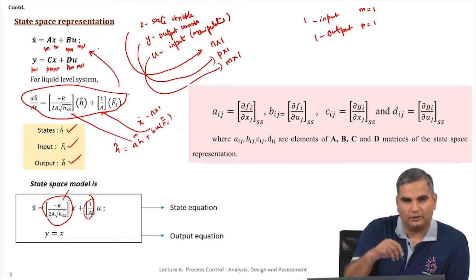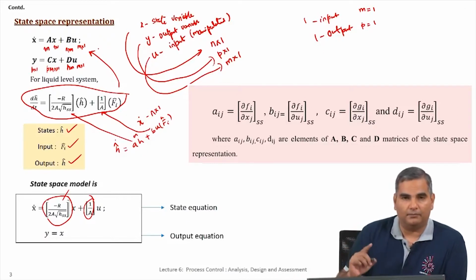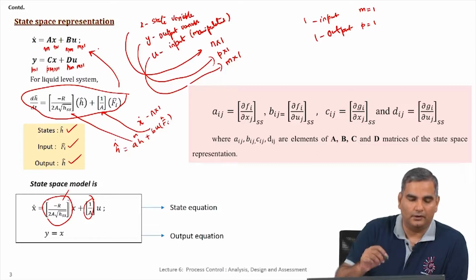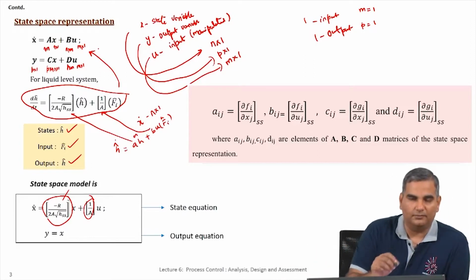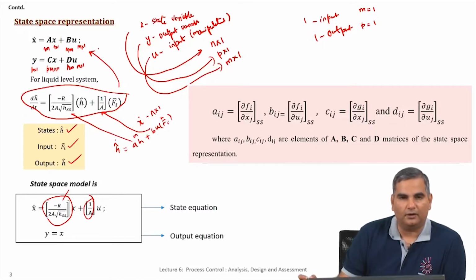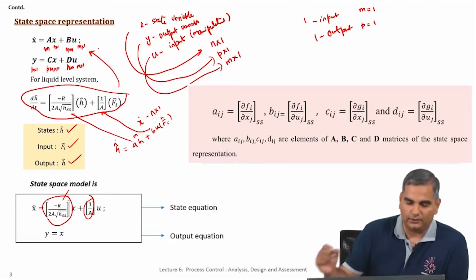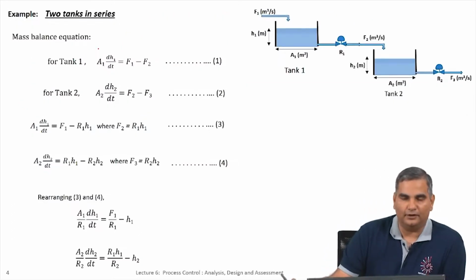So, we will get back to that aspect of how do I convert a general multivariable nonlinear model into a linear state space model like this. Right now, we have a simple one state, one input, one output nonlinear model, which we have converted into a state space model. Now, let us do one more example to see how this works in a very very simple